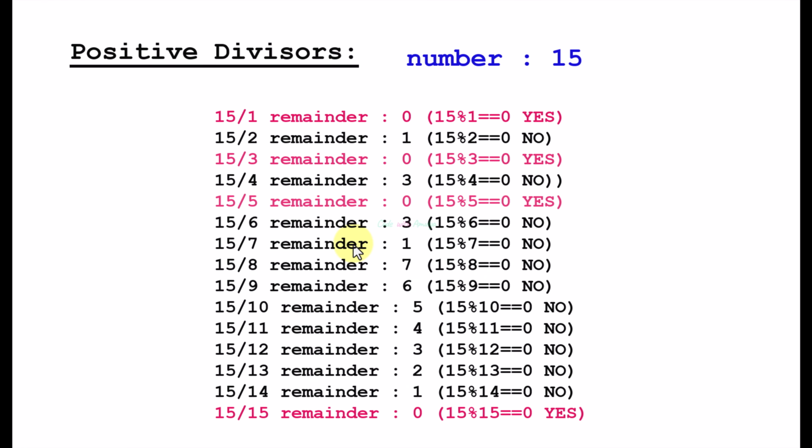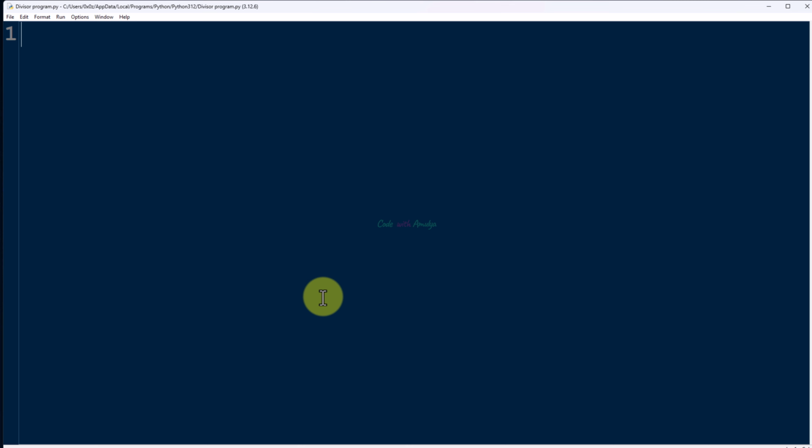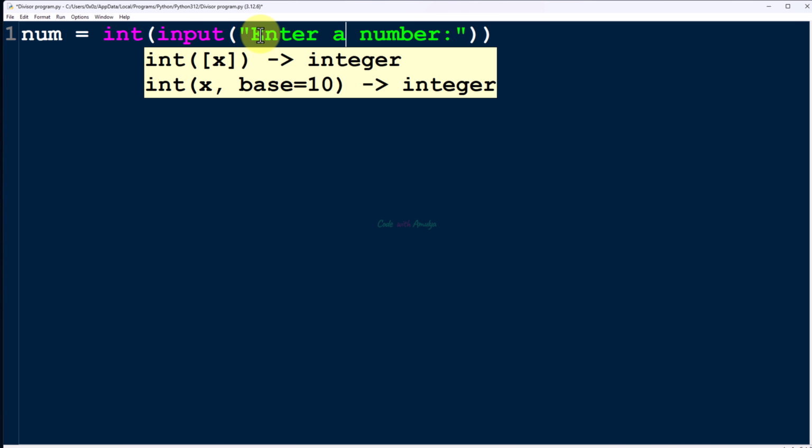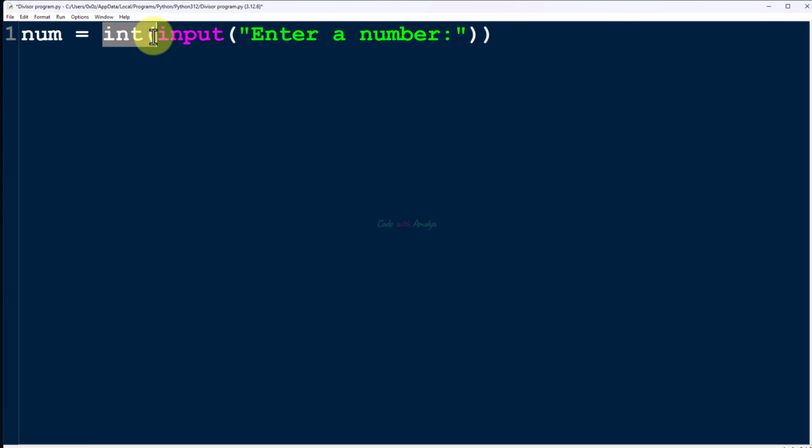Let's write the program. In the Python file, first let's take the input. Input of our program is a number, an integer number. So here we'll use the input function to take input and this message will display on the output screen: Enter a number. And here we want an integer number, so we'll convert the input to integer using the int function and we'll store the user entered input in this variable